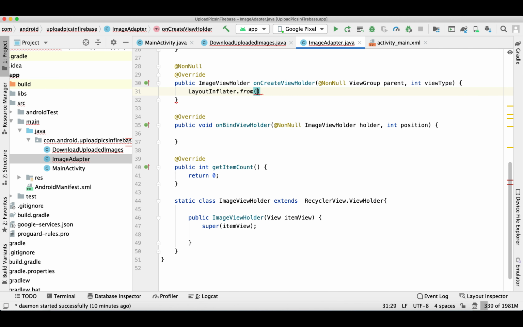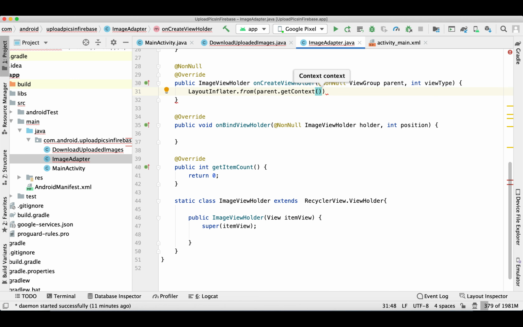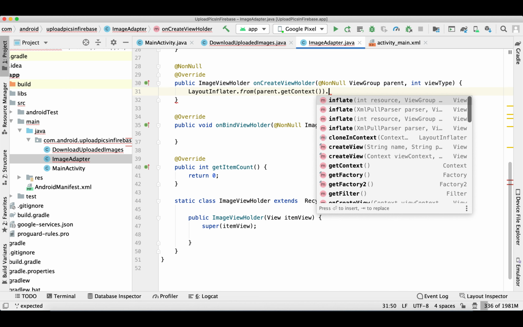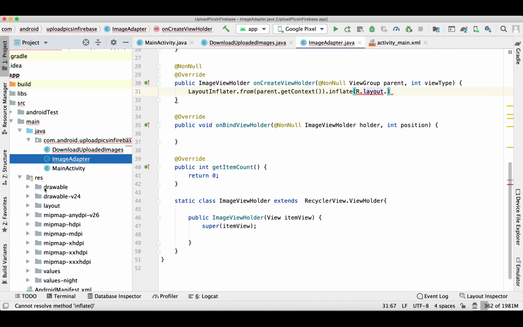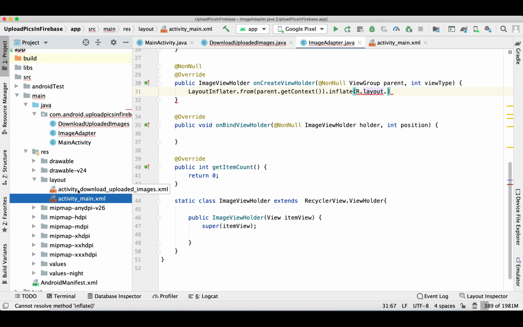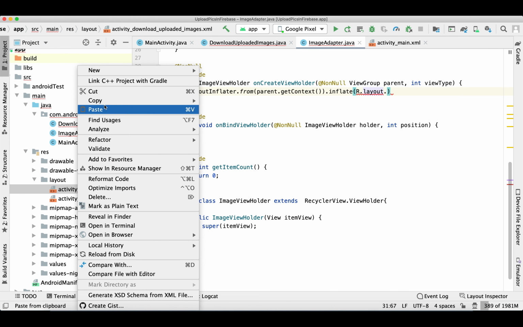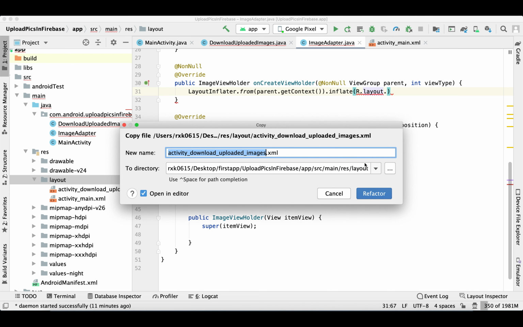Now we'll inflate our layout. We don't have our layout ready, so let's create a new layout. I'm simply copying it because it has a recycler view. We'll simply change it to an image view. We just need to add one image view.